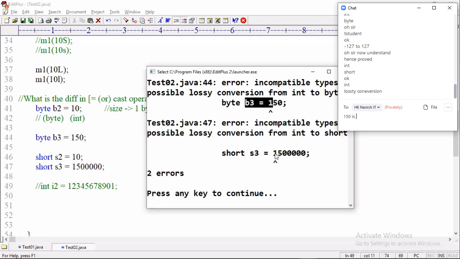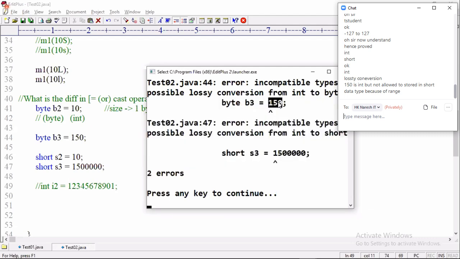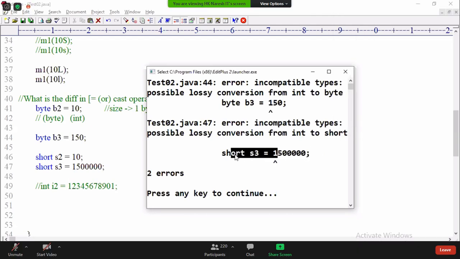Understand, very important. This number is of what type? Integer. It is in the range of the int data type. It is an integer, by default int type. So the number is valid, but it cannot be stored in short, because the short range cannot hold this big number. Everybody got clarity? Yeah? If you understand this point, I can explain this 40-line. Number in the range of int, but assignment problem.